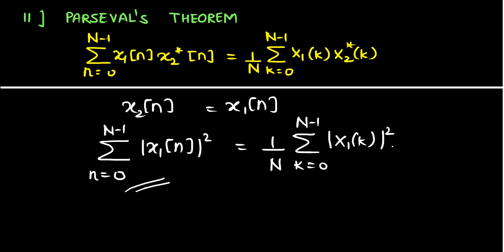So this is energy in this period, that is summation n running from 0 to N minus 1. So in this range, this is the energy of the signal, and similarly this is energy, so this is average energy in the frequency domain. So we can say that there is no change in the energy factor if we have some kind of transformation from one domain to other domain. So this is Parseval's theorem.